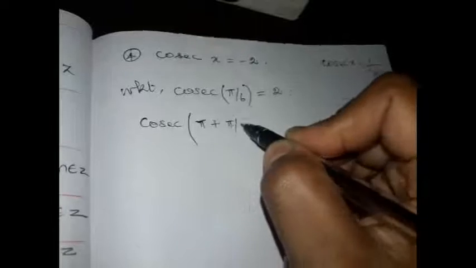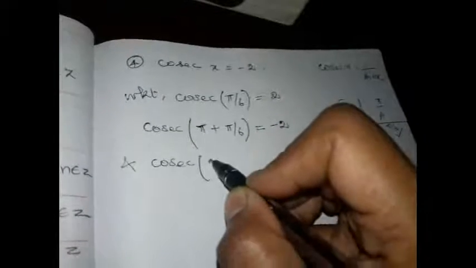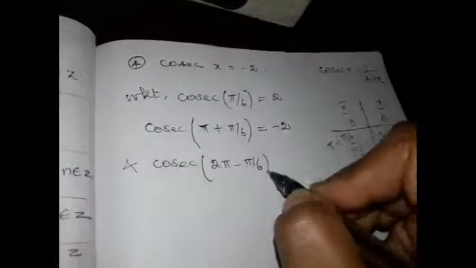So in the third quadrant, how can we write it? It can be written as pi plus theta, I told in the previous problem. So this can be written as pi plus pi by 6, and in the fourth quadrant it can be written as 2 pi minus pi by 6. So your angles are cosec of pi plus pi by 6, which is equal to minus 2, and cosec of 2 pi minus pi by 6, which is also equal to minus 2, because both are going to be minus